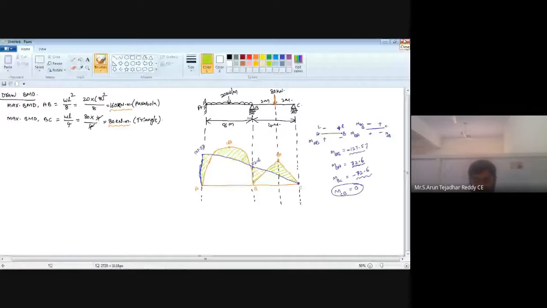See, in this problem, delta value given, but from your external exam point of view, this type of problems only they will give. Or else we have a problem in the frames. Frame also very easy. Same concept, same steps. So the frame concept we will see in tomorrow's class.